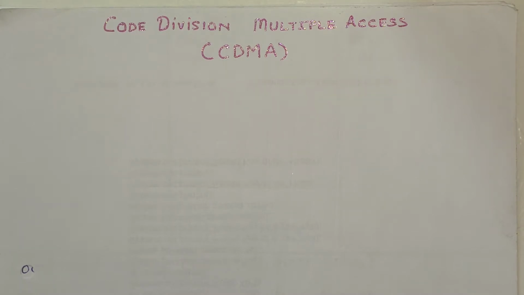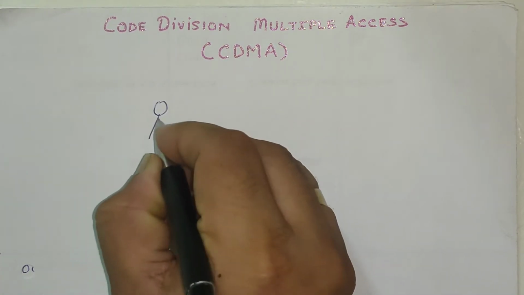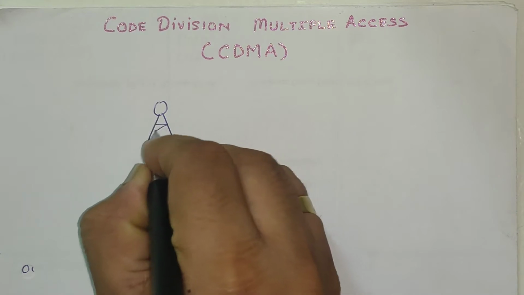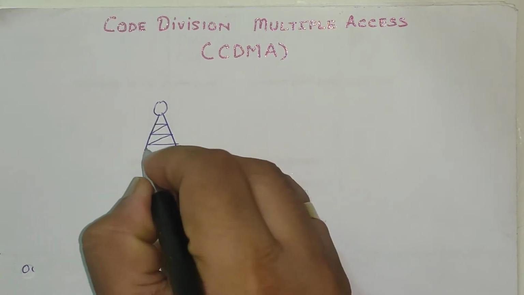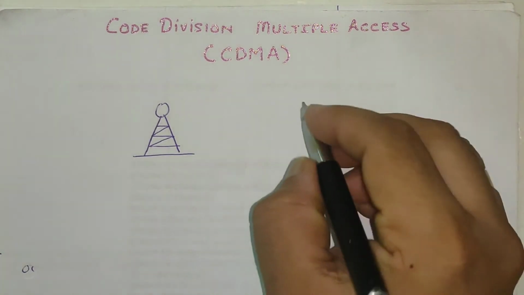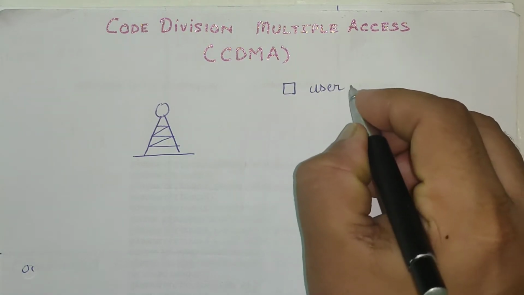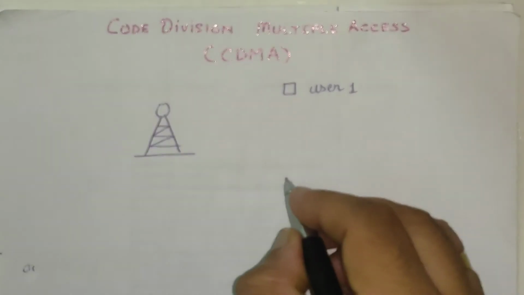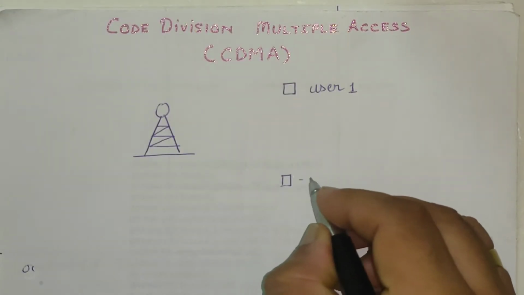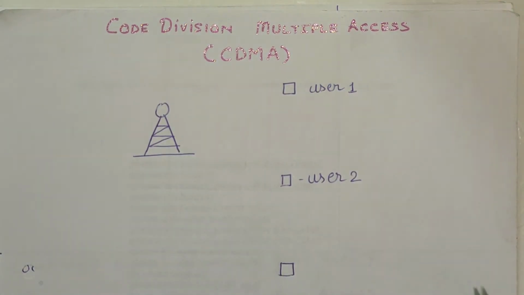Basically, we are having one tower in this case. So let me just draw a tower. So what is the scenario that we want to perform, or what task we need to perform, that is what we are going to see first. So there will be a tower. Now there is a user called user1. So we are going to perform this example with the help of three different users. So I'm having three different users called user1, user2 and user number 3. Fine. So these are the three basic users available to us.